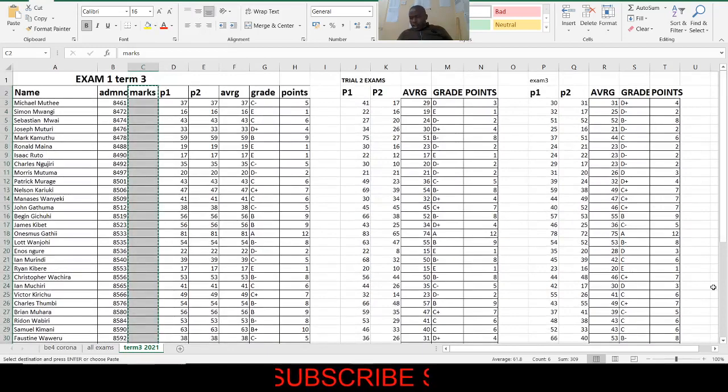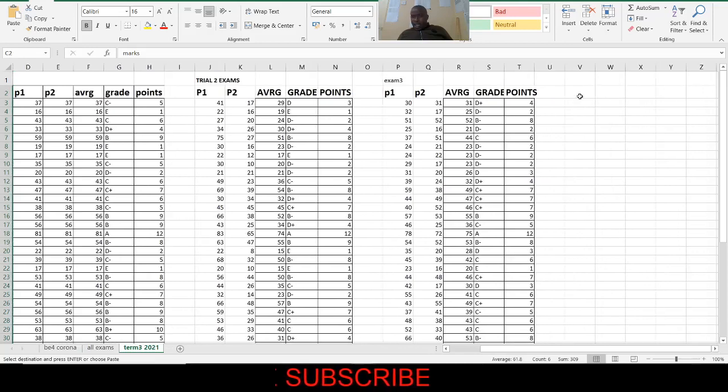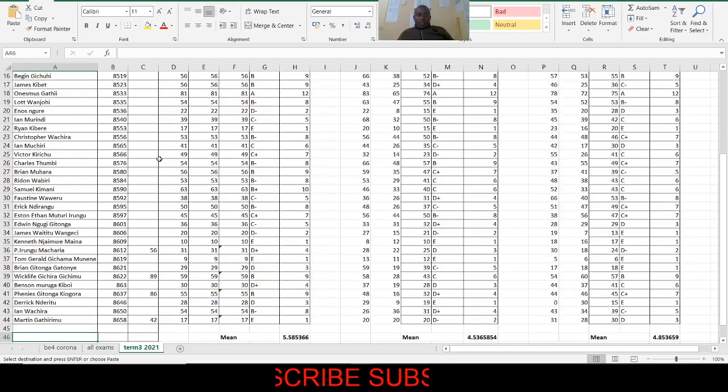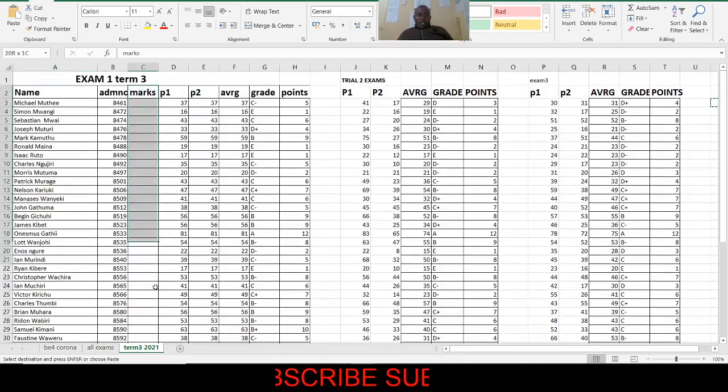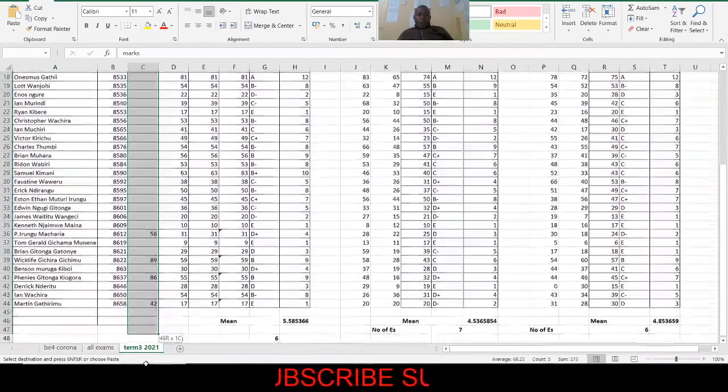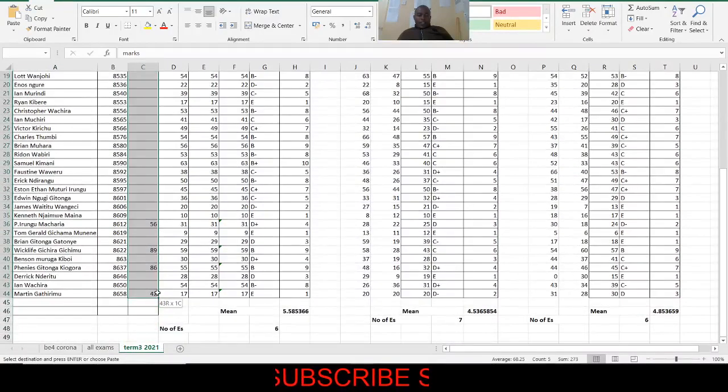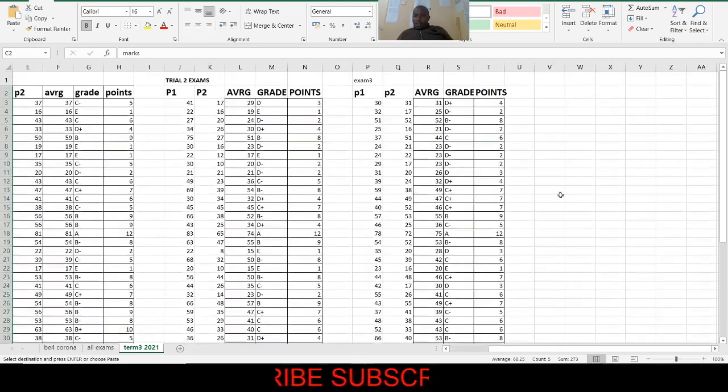If I wanted exam 3 on this other end, that is where my exam 3 is supposed to be. I press control C to copy, then I bring it to this other end because that's where I want my marks to be.